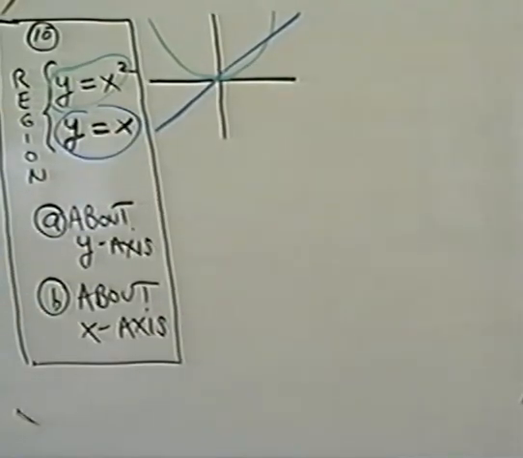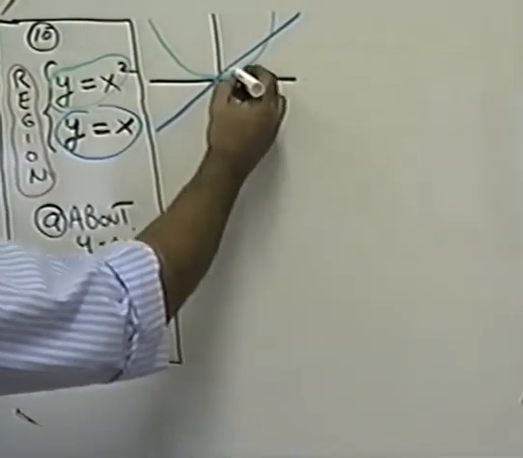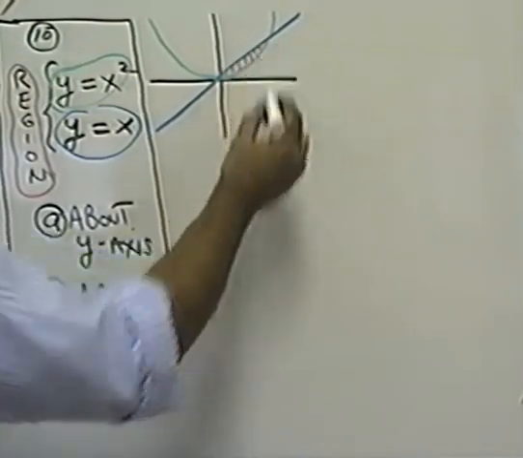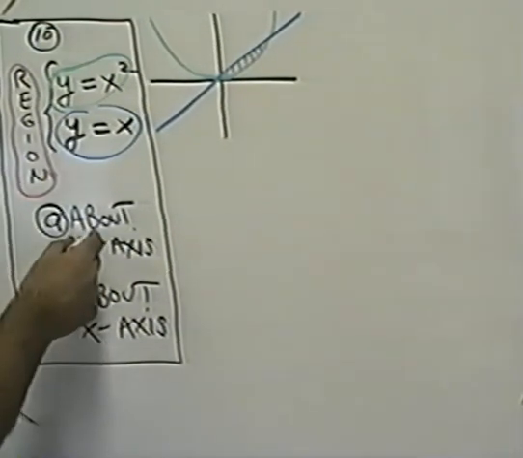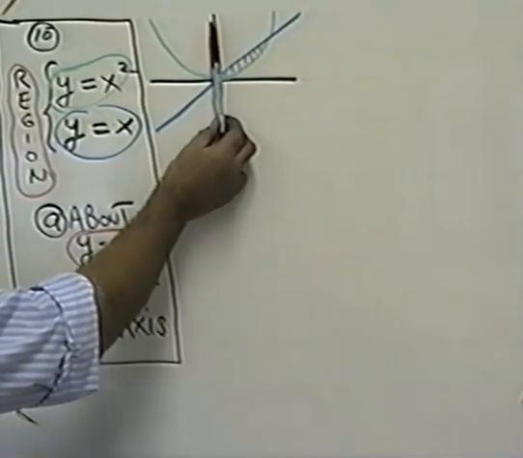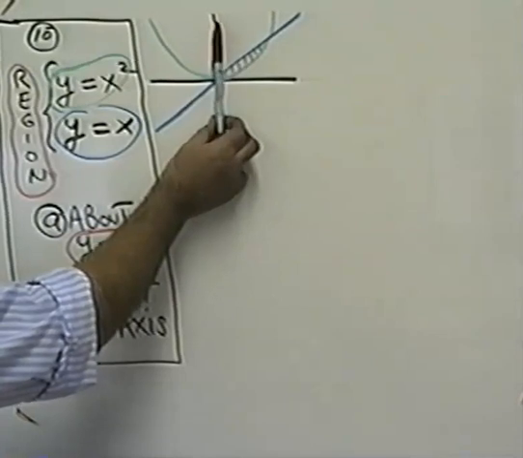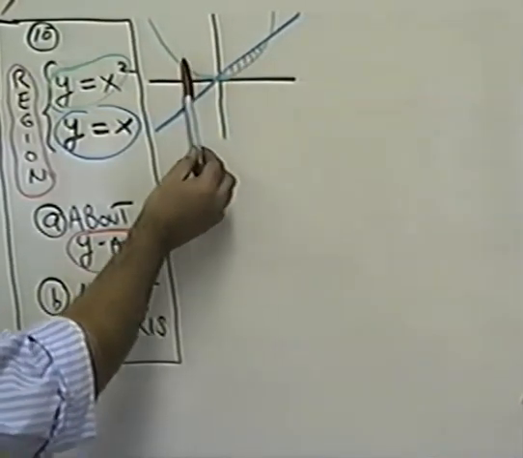And the region that we're interested in, the region we are trying to rotate, is this region in here. In the first case, we're going to rotate it around the y-axis. So the y-axis acts like a pencil, and if we take that pencil and spin it, the region here will rotate around, forming a solid